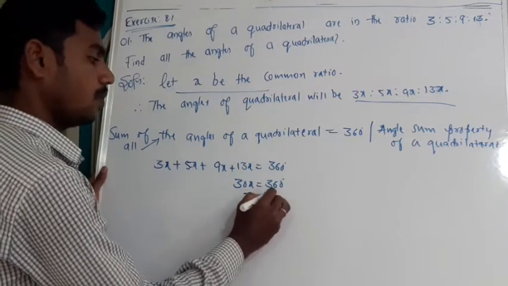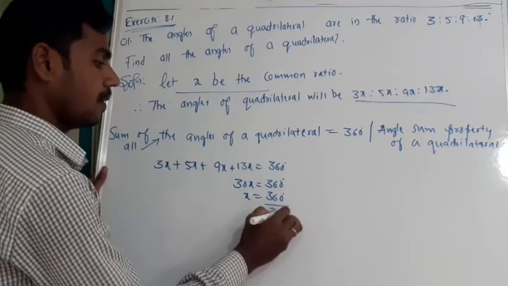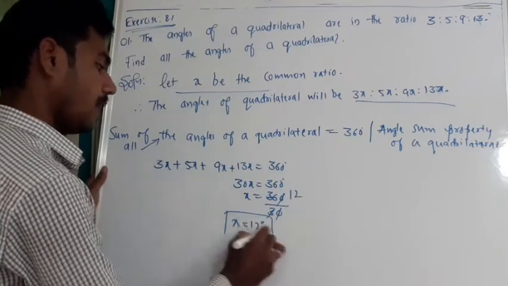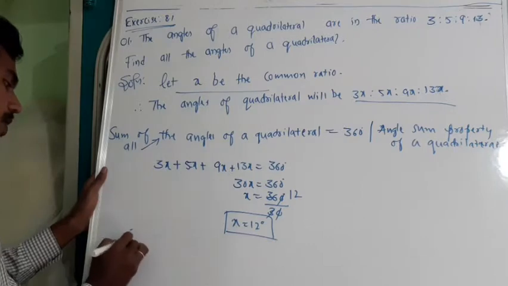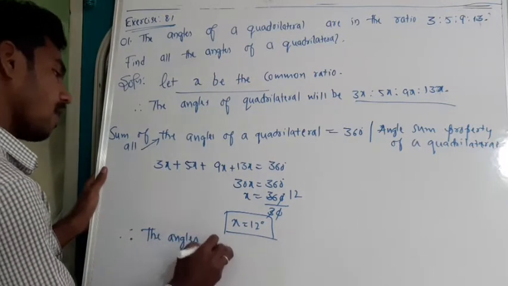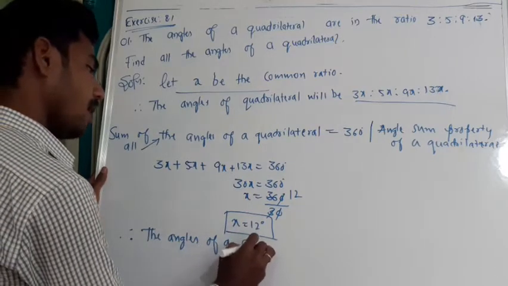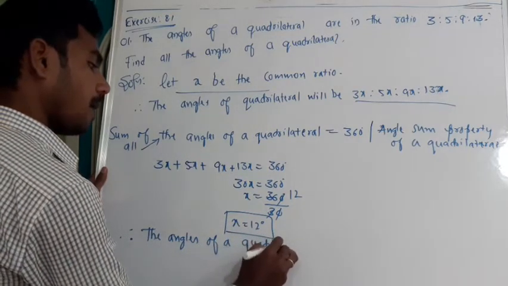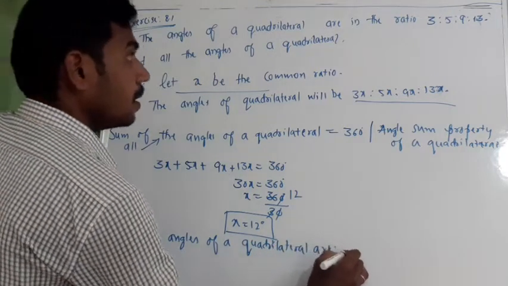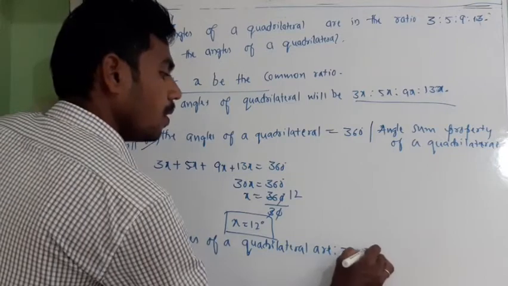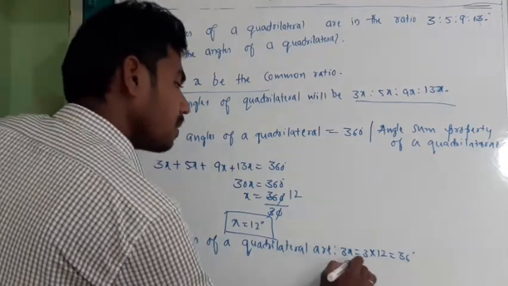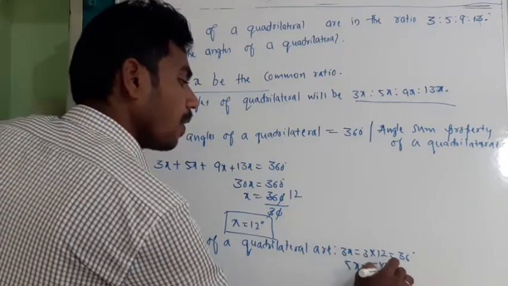So x is equal to 360 divided by 30. So 3 twelves are 36, x is equal to 12 degrees. So we got x as 12 degrees. Therefore, the angles of the quadrilateral are, first one, 3x is equal to 3 into 12, 36 degrees, 5x is equal to 5 into 12, 60